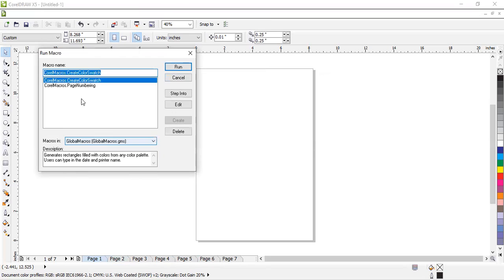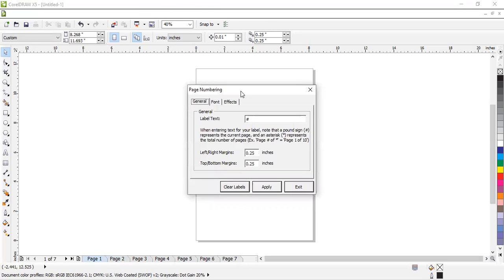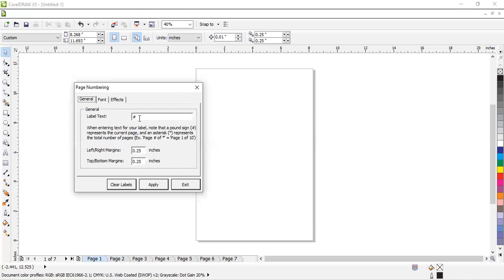When you click on global macro, you will get this option, and here we have the page numbering option. Just see there. Second option is CorelDraw page numbering option. Just click on this and click on Run. You will get the window like that. You can remove this hash symbol from this section. Here we want to type any content for the footer or header. Just type here www.svsdti.com, right? And after doing that, you can also set the left and right margin for this particular page numbering,